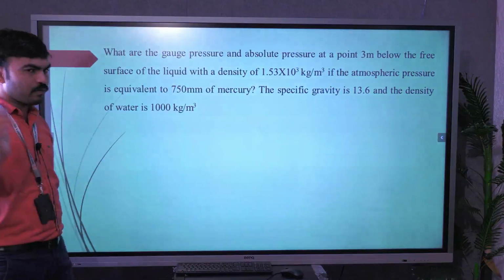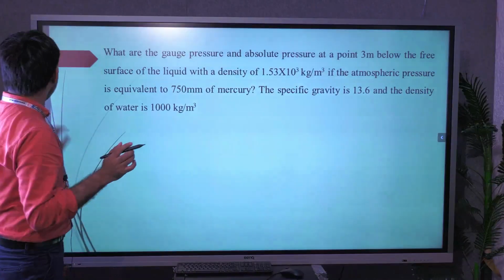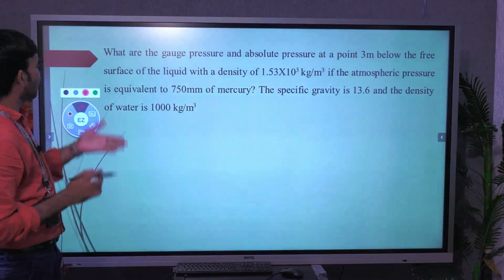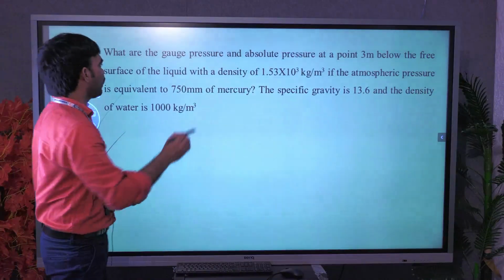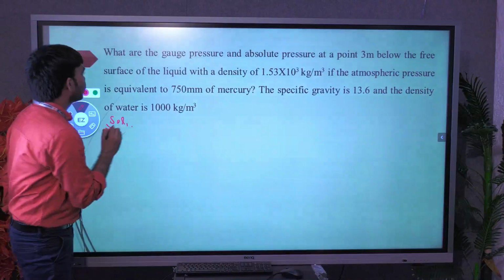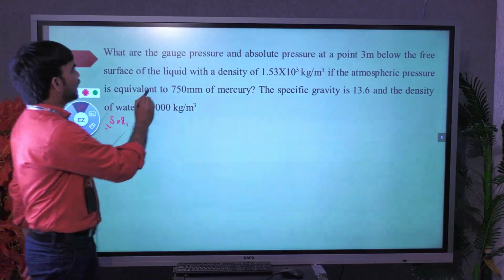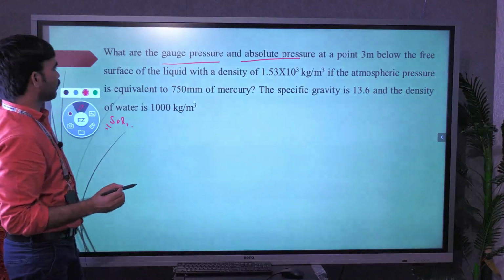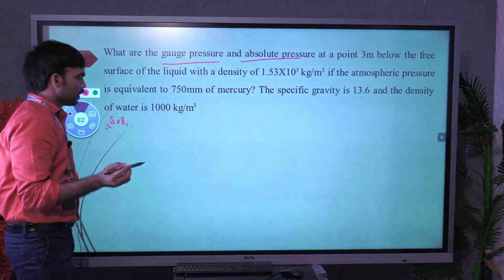Okay. Now we will try to solve one numerical problem, then we will close this session. So now this is the problem, right? What are the gauge pressures? So you have to find out. First we will try to identify what data is required. So what are the gauge pressure and absolute pressure at a point 3 meter below the free surface of the liquid? Okay, that means